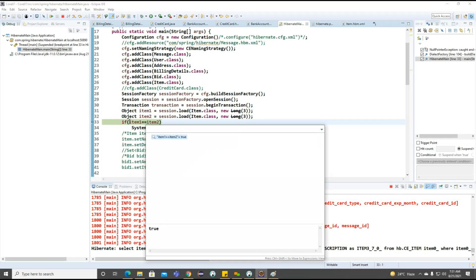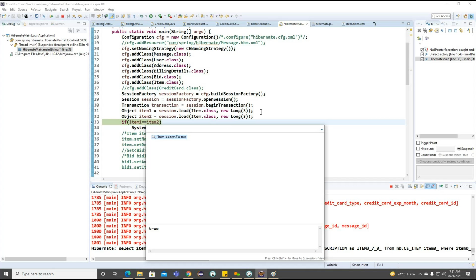This is when you request these two objects using the same database ID, but within the same session. Getting the point? Within the same session. These two objects are referring to the same object, because of this we are getting true here.